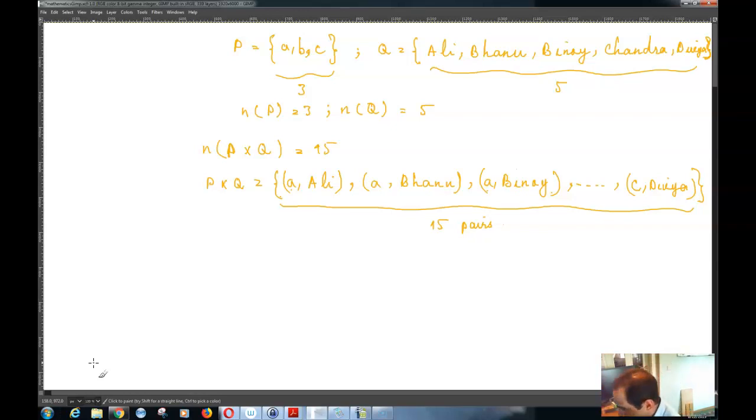Of course you see you have all of these 15 pairs over here. Now what we can do is obtain a subset of P times Q by introducing a relation R